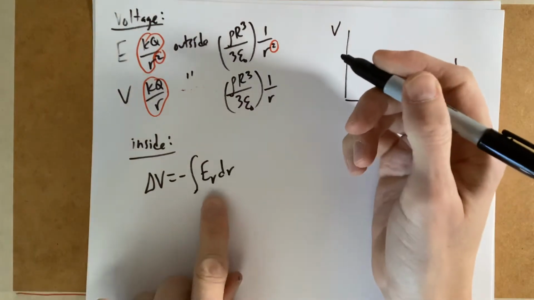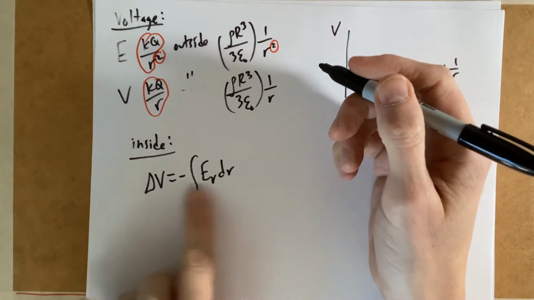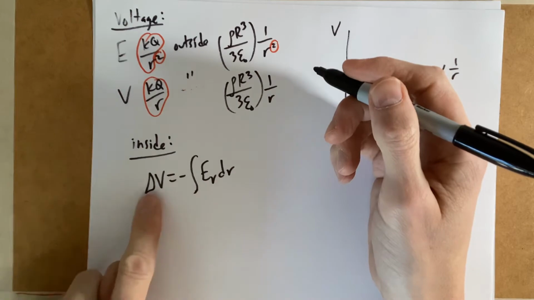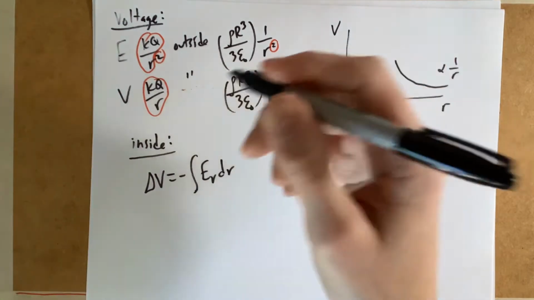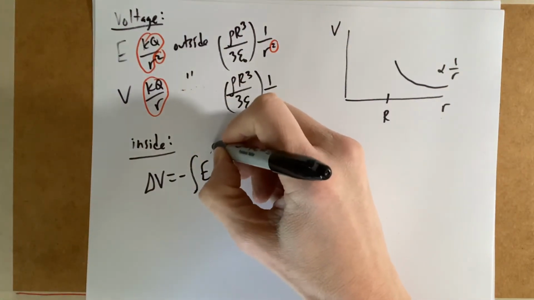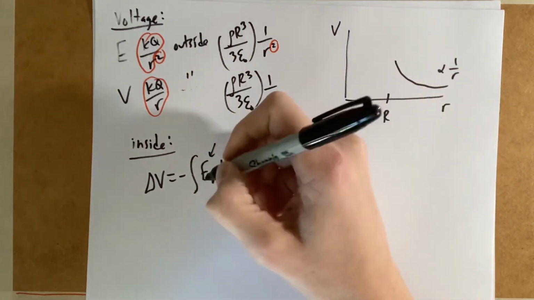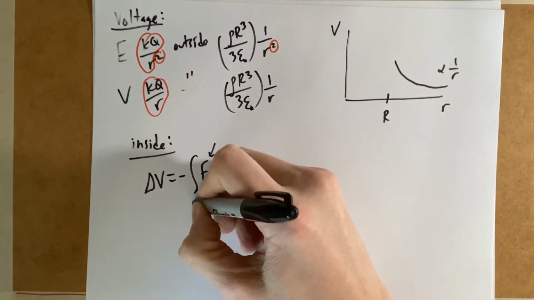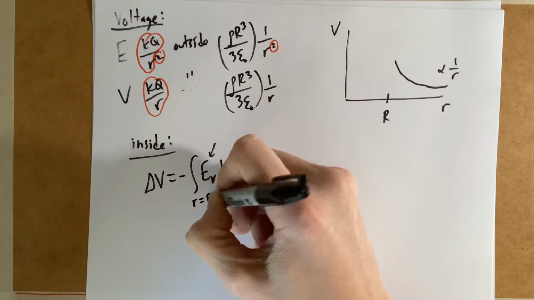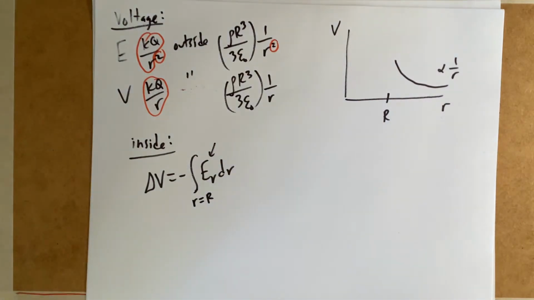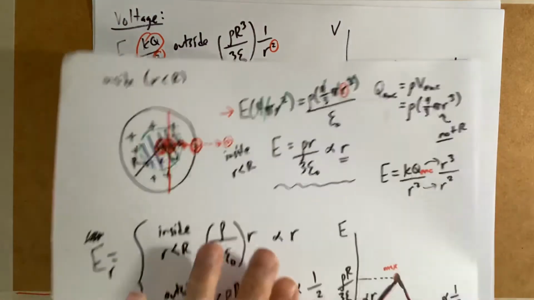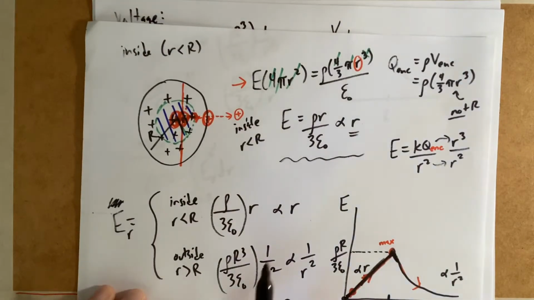Well, if we have the electric field function, then we integrate. The negative of the integration is the change in voltage. So I'm working inside, so I better use the electric field inside. And I'm going to start integrating at the surface. And of course, that is where the old electric field formula is no longer good, and the new one picks